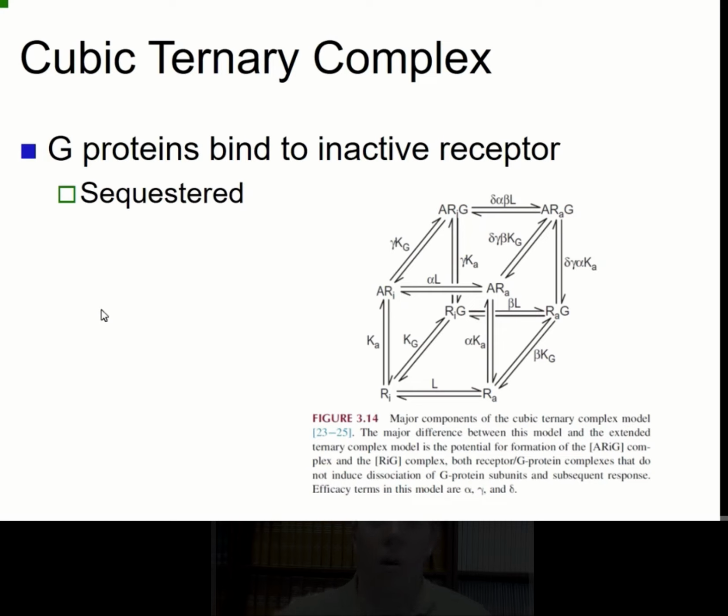So now we've added kind of a workaround to our extended ternary complex, and if you imagine that, it becomes three-dimensional. I am not going to walk you through it. Surprisingly, if you walk through it, it's not that difficult to follow. I encourage you to do it so that you can really understand what's going on here. But again, I will not require you to reproduce the cubic ternary complex. So if your mind is not blown yet, if your mind is not spinning yet,